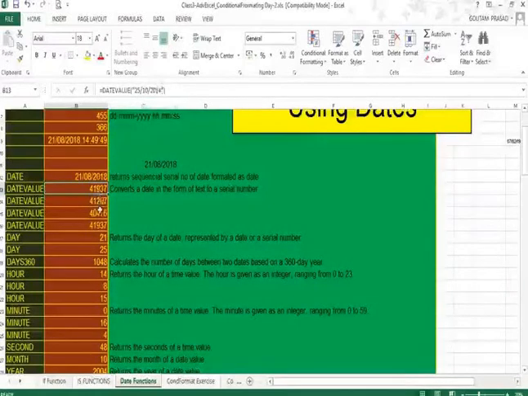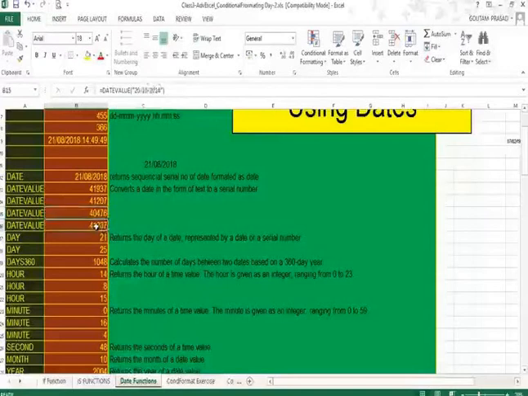This is equal to 41,937. Similarly, DATEVALUE also gives you an equivalent number here. The format of the date was different there and here the format of the date is different. So there are two different formats used in the DATEVALUE function. It is again using this format where the year has been written in the beginning, followed by the month and then followed by the day.